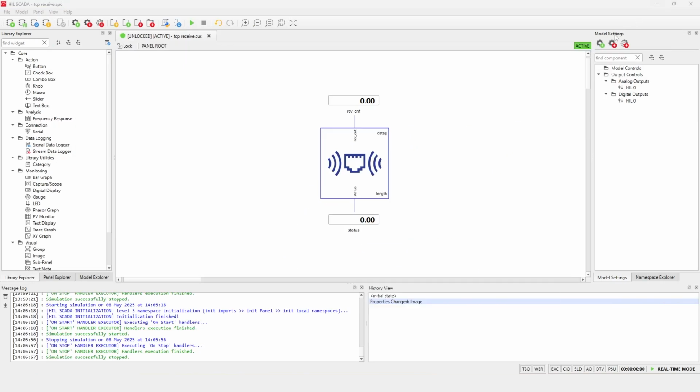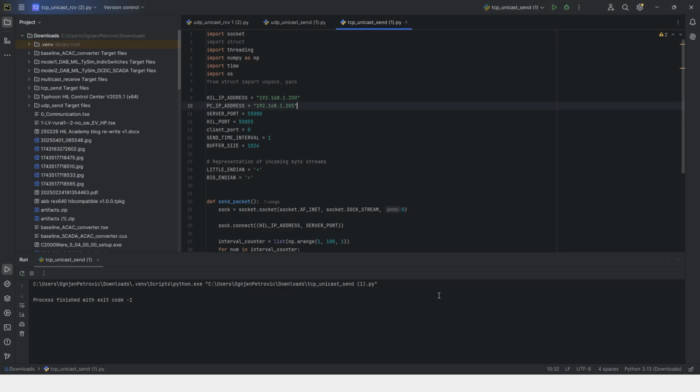After compiling the model and opening the SCADA panel, we can monitor the outputs using digital display widgets. Once we start the simulation and run the external Python script, a connection is established.